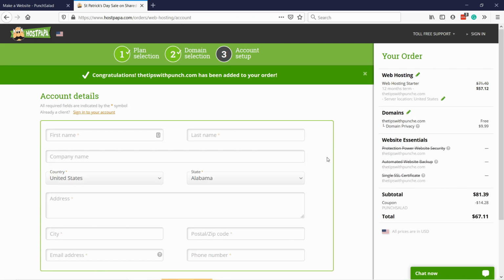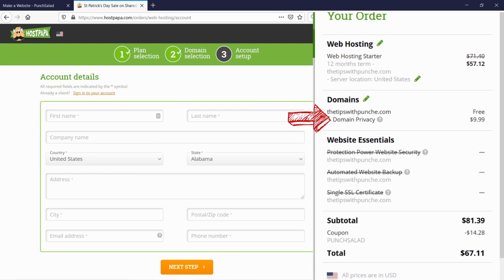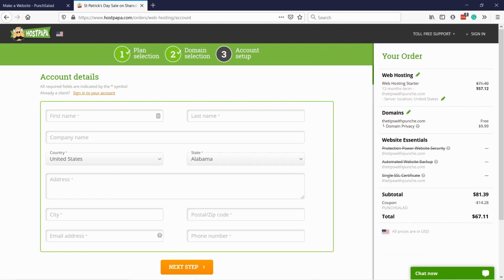And the domain is actually included for free for the first year. But what I do recommend, they add this domain privacy, and I do recommend you using it. When you register a domain name with any company, they then provide that